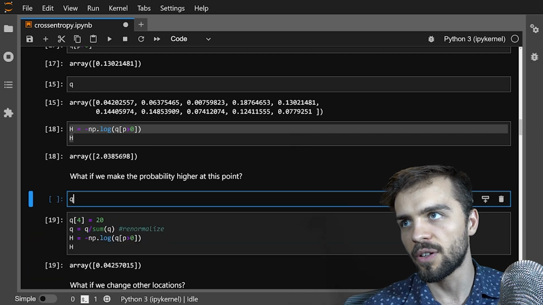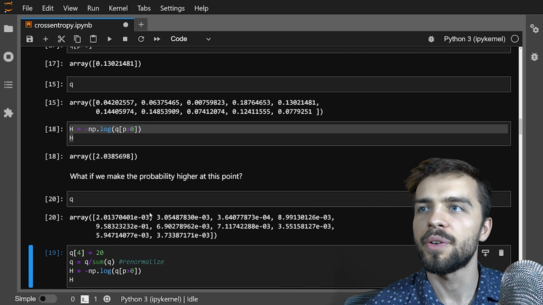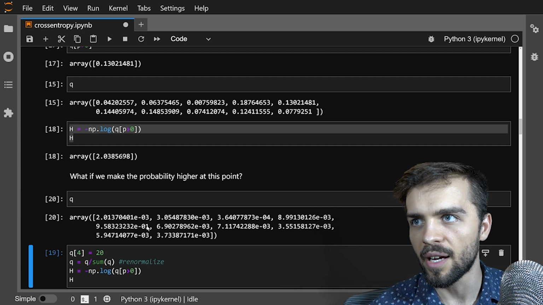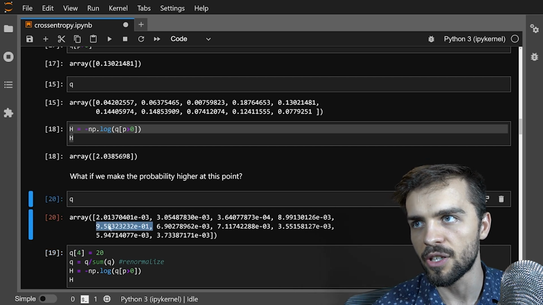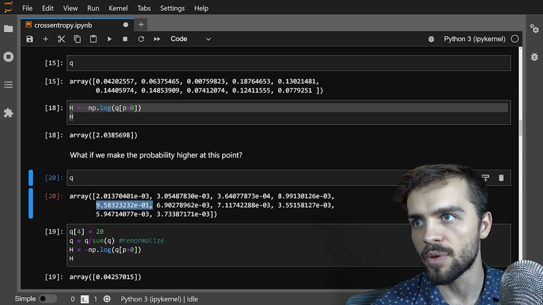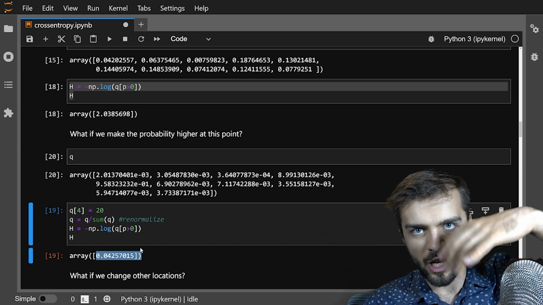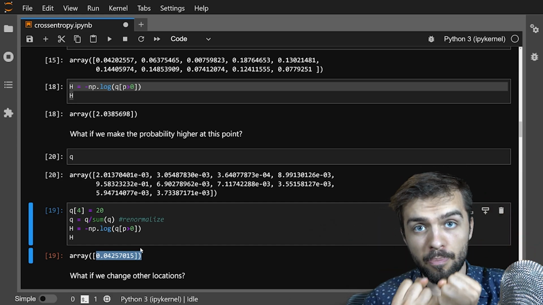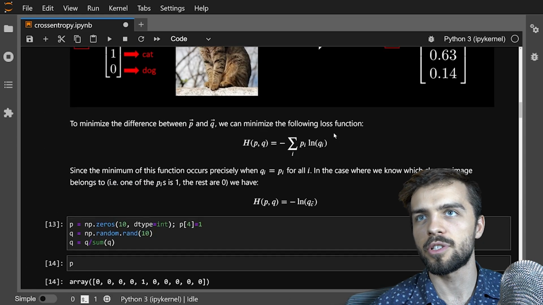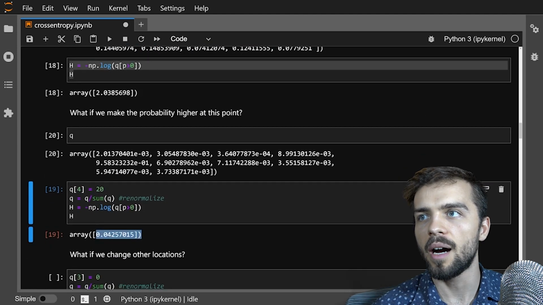And so if I look at Q again before we look at H, you can see that everything is really small. And now there's a very high probability that Q is the fifth class. And when I do that, you can see that the cross entropy gets much, much smaller. So by adjusting Q so that Q is a better prediction of what my image belongs to, then I minimize